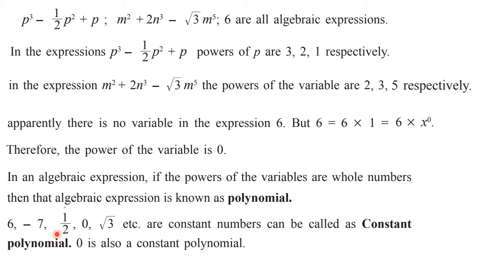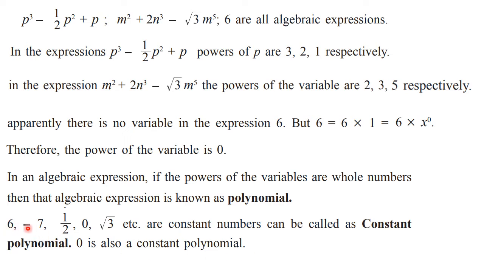Then the numbers which are attached here to the variable, like this 6, you have here minus 1 upon 2, then plus 2. So these all are the constant numbers. And here, if the polynomial contains only numbers like this one, such a polynomial is called a constant polynomial. So what you can say is the degree of a constant polynomial is always 0.